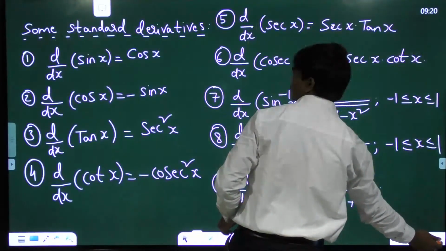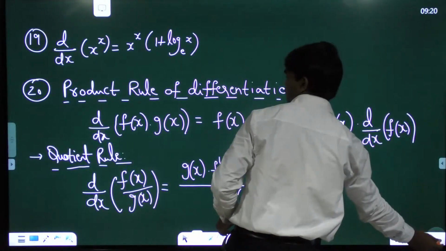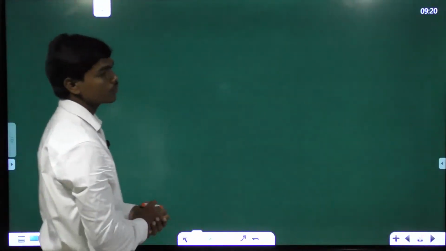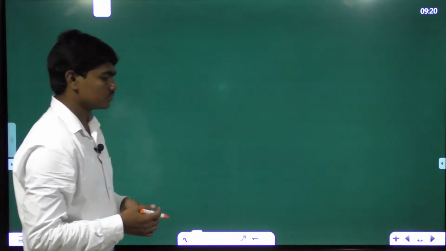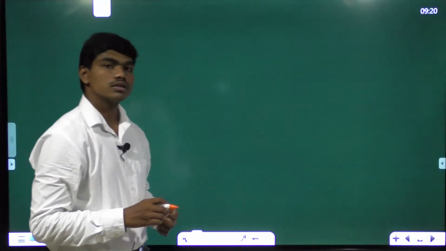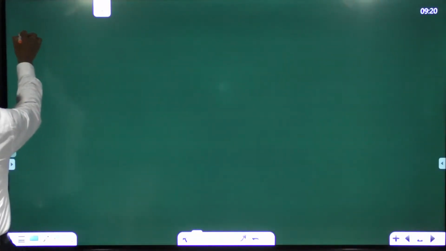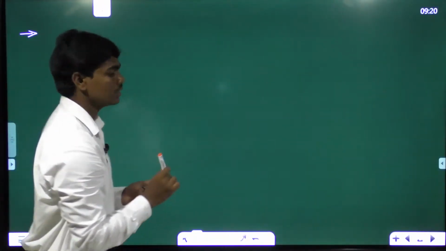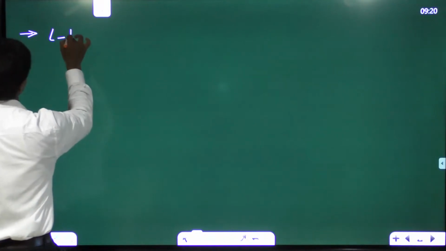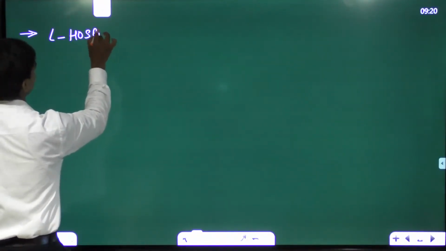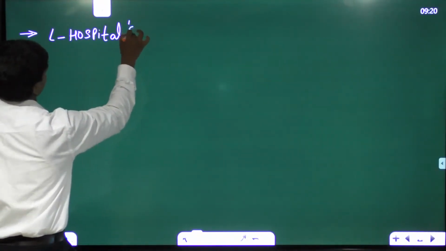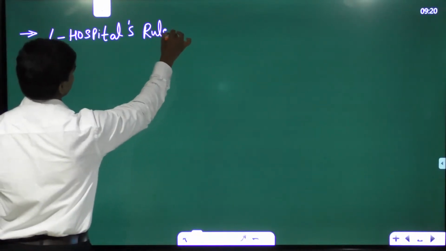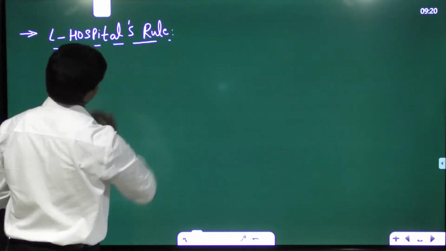Let me change the screens for a while. So, okay, now here, in limits, see here, there is one very important rule which is called the L'Hospital rule. L'Hospital is the name of the person associated with this rule, and this L'Hospital rule is something like,